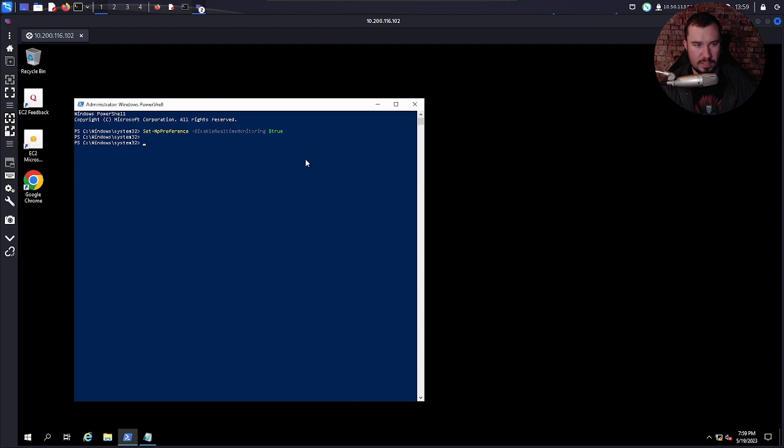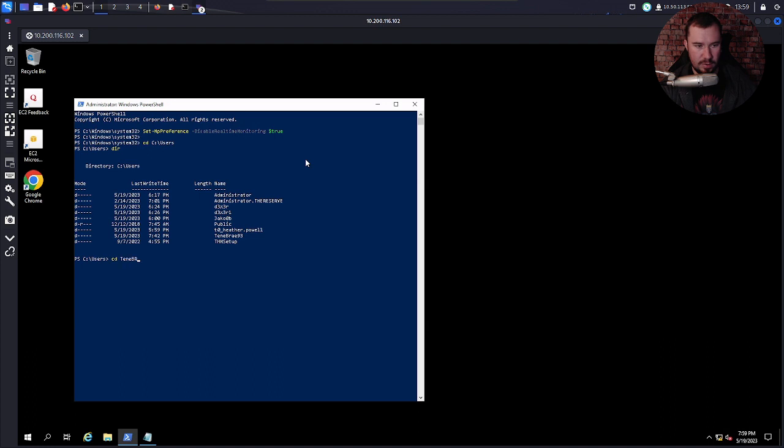Let's go to the C:\Users dir, cd to Tenebrae93, cd Desktop, wget 10.200.113.12, I think. Oh, I need to specify the port though. Hold up. Oh no, I have the wrong subnet. I think I'm on the 116 subnet, not 113.